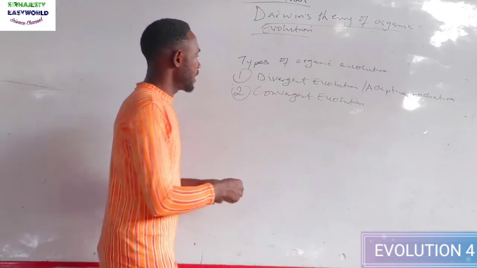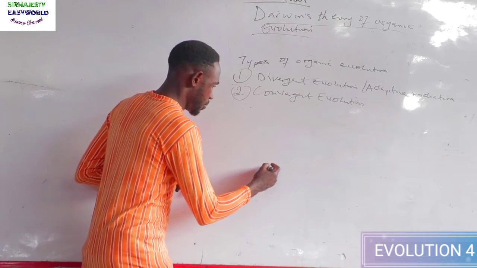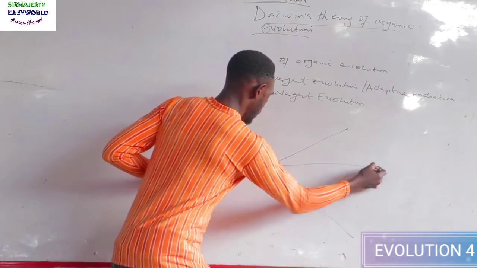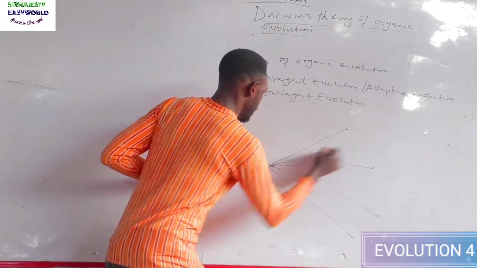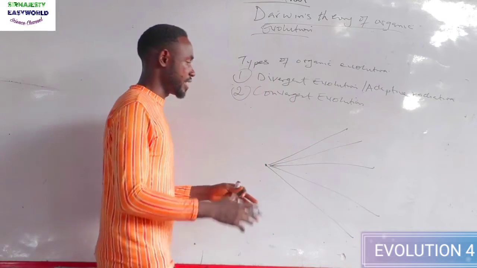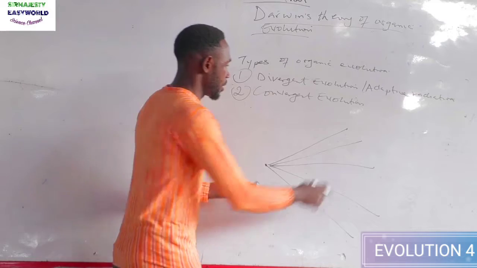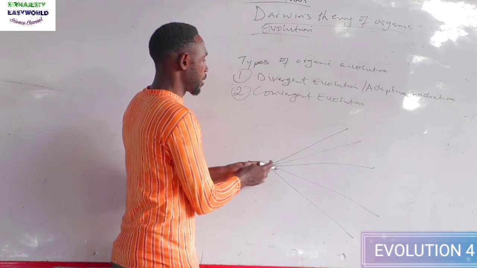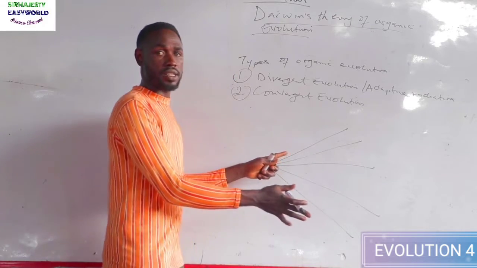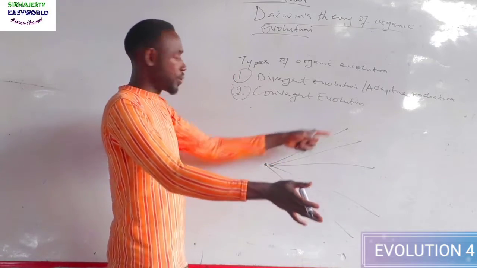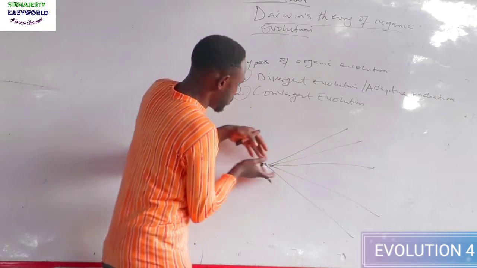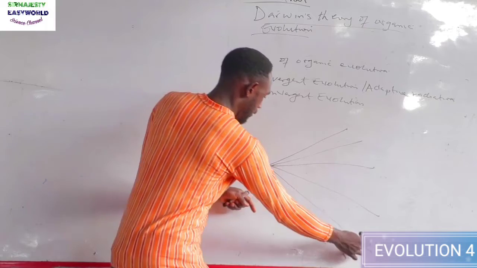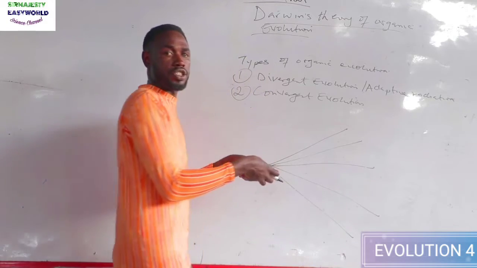Now, the word diverge means, it's a very simple thing. You start from a source and start spreading. Remember when I started this class, I told you that I see evolution as unity in diversity and diversity in unity. 1, 2, 3, 4, 5, all originated from a point. Then these points all give rise to 1, 2, 3, 4, 5. Starting from origin, spreading. So in this case, diverge. If you move from here to here, diverge. Then if you want to come from here and join here, you converge.